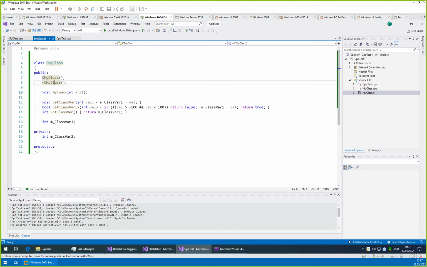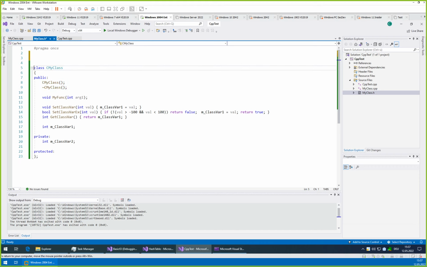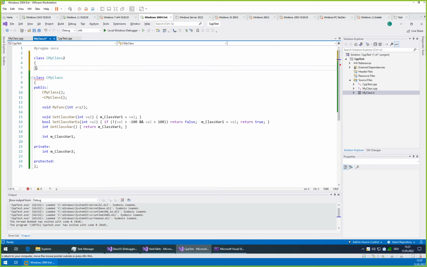So you can have quite a complex object. For example, let's create another class, my class 2. Give it also a constructor and destructor.